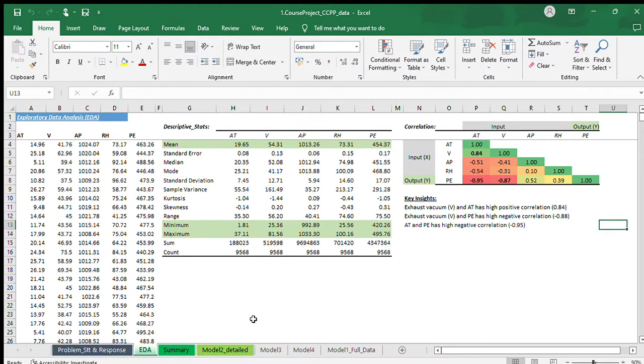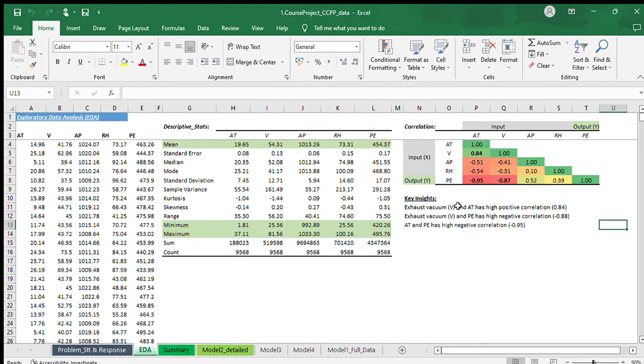So this sheet on the exploratory data analysis talks about the descriptive statistics as one part, which covers the mean, the minimum, maximum, standard deviation, and the standard errors for each one of these variables. Then on the right hand side is the correlation matrix, which has the correlations between each one of the input